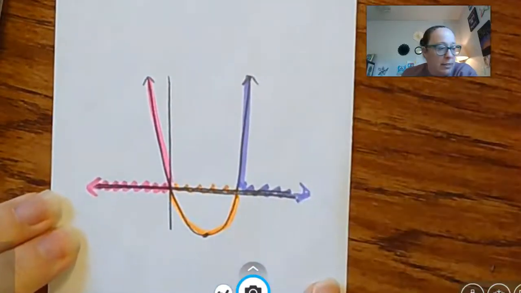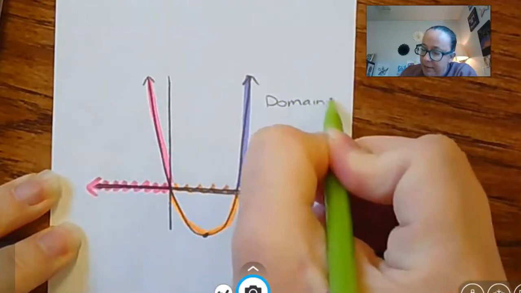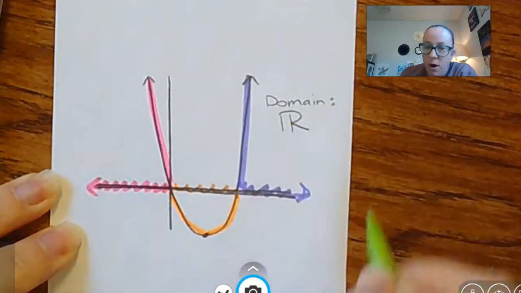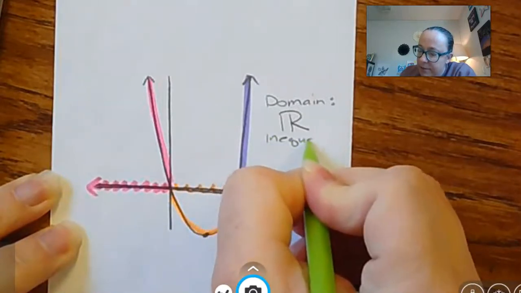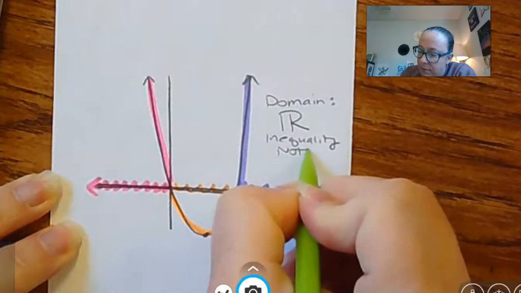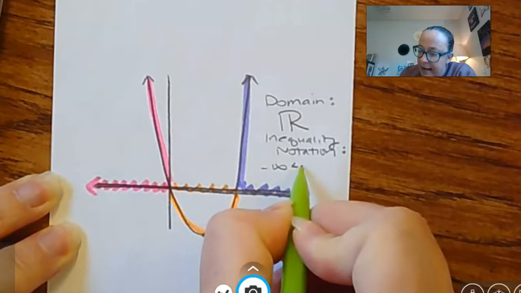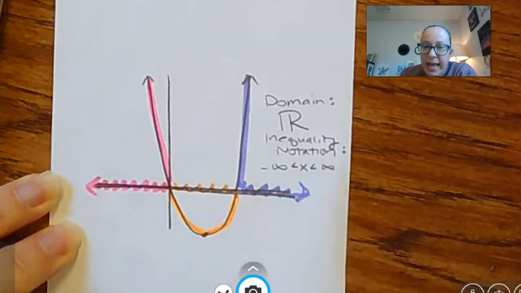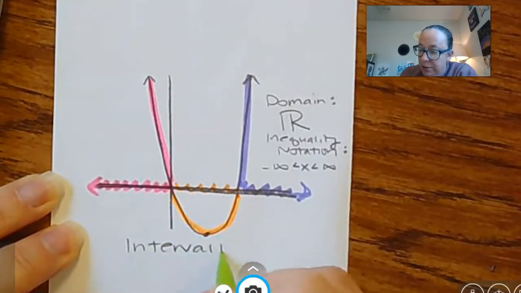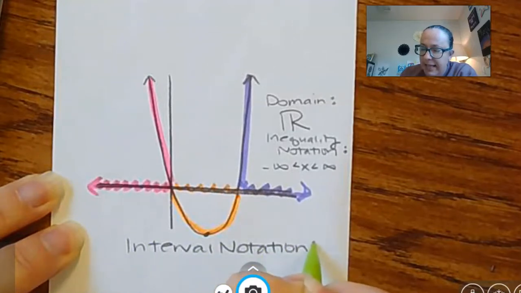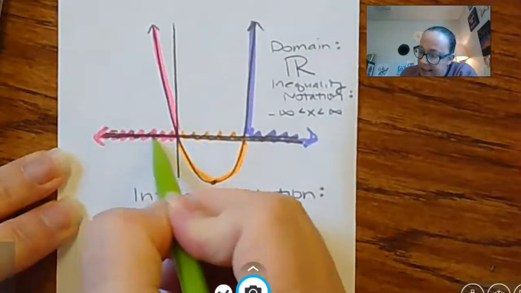And so if you talked about this in Math 1, you probably wrote something like domain, and you used this symbol, all real numbers. Maybe you didn't. The inequality notation is negative infinity less than x less than infinity, and you can also have equal to's on that. But the interval notation, which is what you will need to do from now on, unless I ask you to do it a different way,